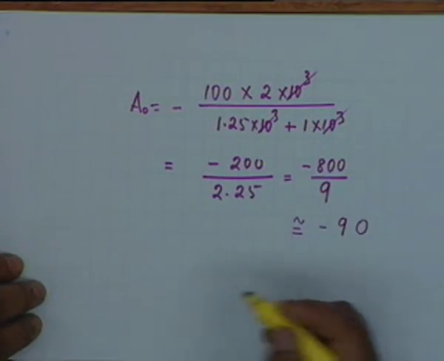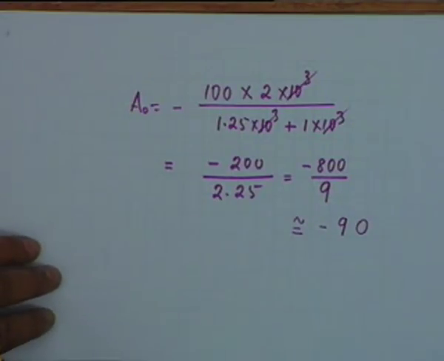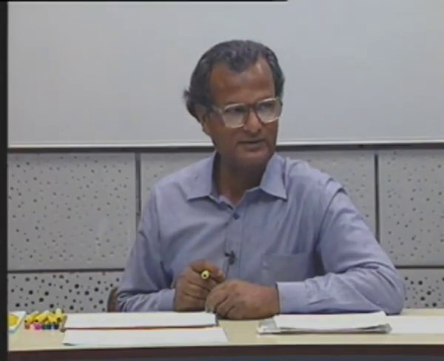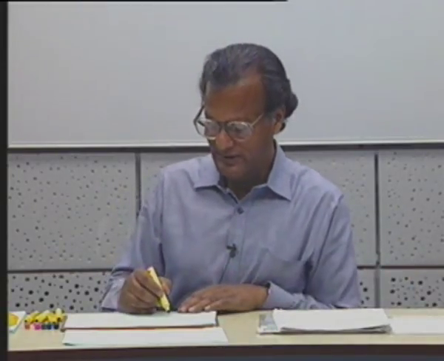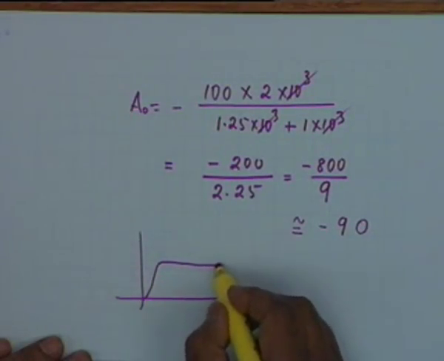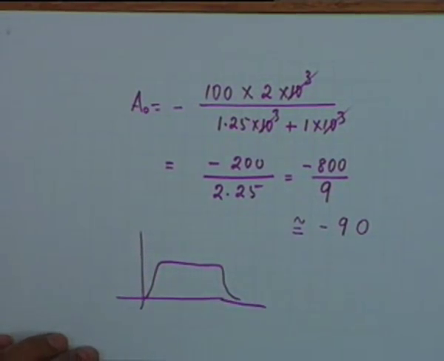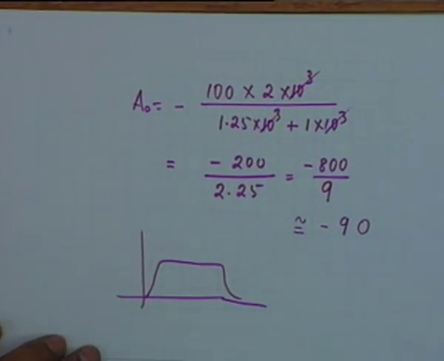All right. Approximately equal, it's slightly less than 90, 89 point something. But this is the typical mid-band gain. You can get a gain of 90 to 100. And if you couple another stage, you can get 8100 gain, 90 times 90. All right. Very large gains are indeed possible. Now this is the mid-band situation. Mid-band situation, as I said, is the situation in which the gain remains approximately a constant. Why does it remain a constant? Because the effect of capacitances can be ignored.